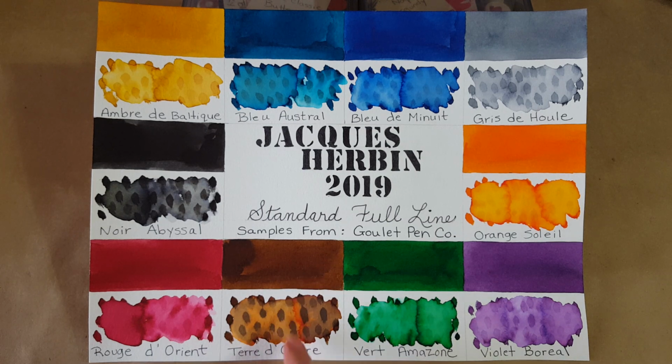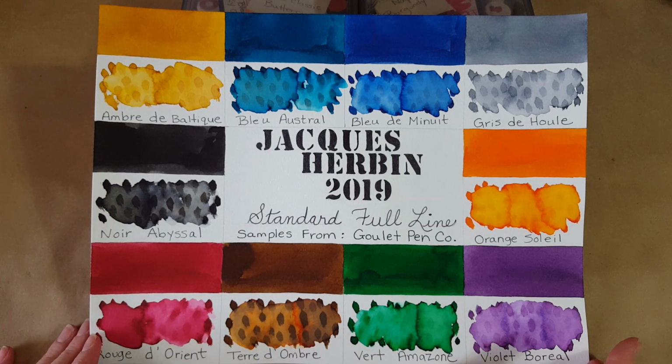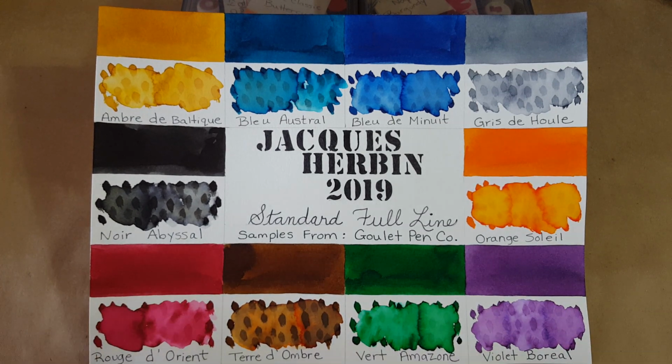And here's the brown. That's really pretty, actually. It's warm, but it's not too light. So here's a green, nice and bright. Oh my goodness. And then the violet at the end there. So I just wanted to give you this glimpse, and you will be seeing these woven throughout the profiles because I will compare them